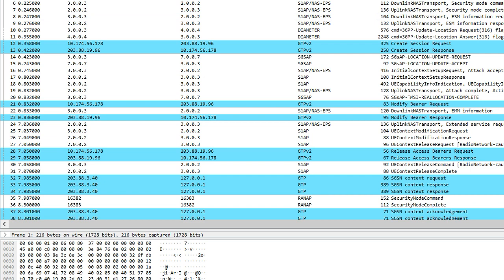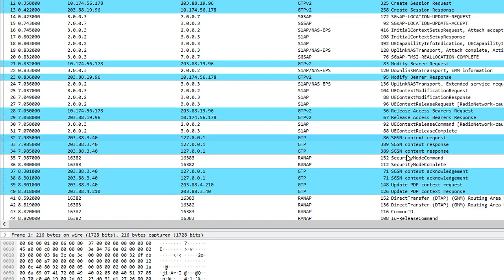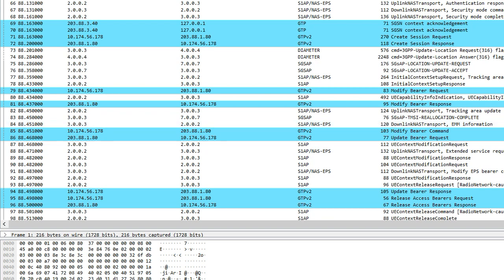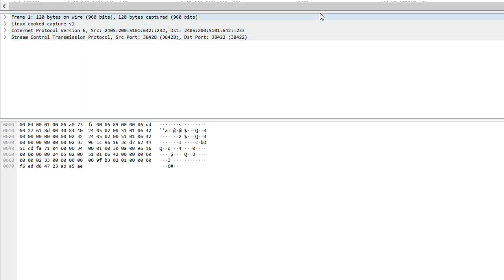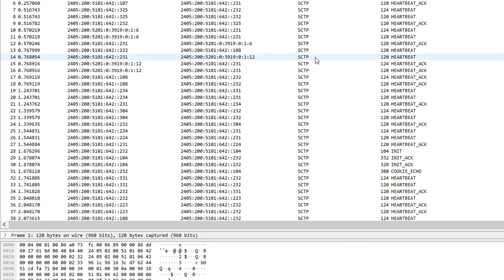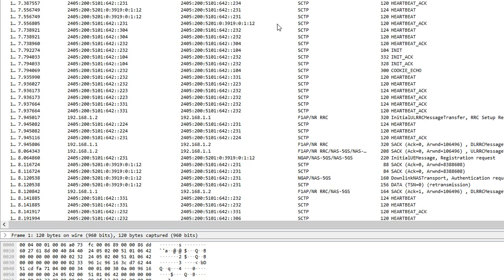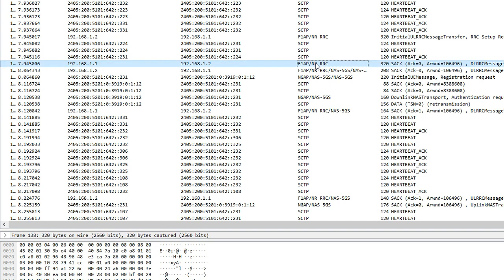So this is Wireshark. Here also we can see the message and all the details we have in that particular message. Those things we can see in that particular tool. This is for the 5G log, which I have run. Okay, this is the 5G logs.